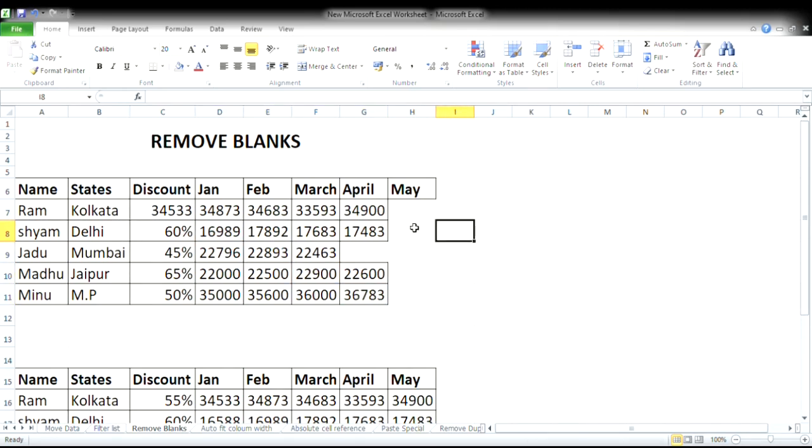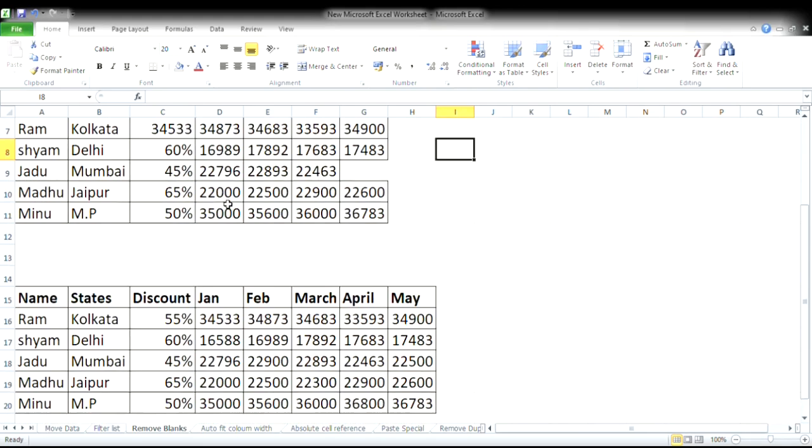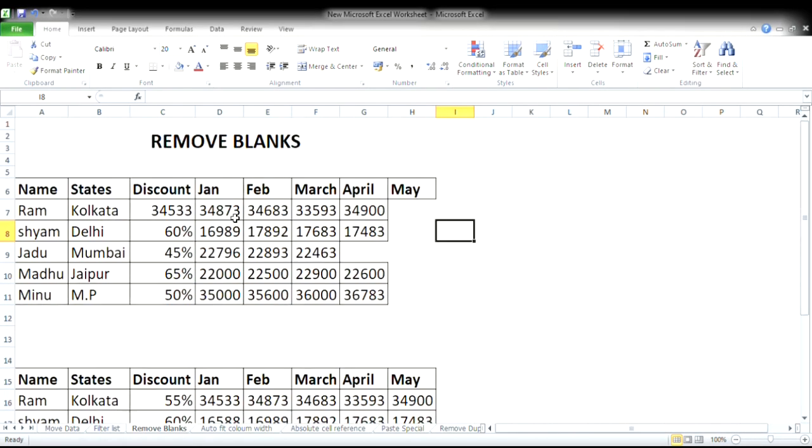So all the blanks that are there will be removed automatically and the cells will shift from right to left. In this way we will remove blanks.